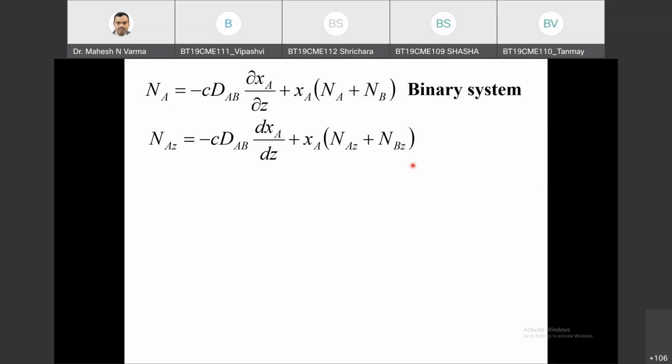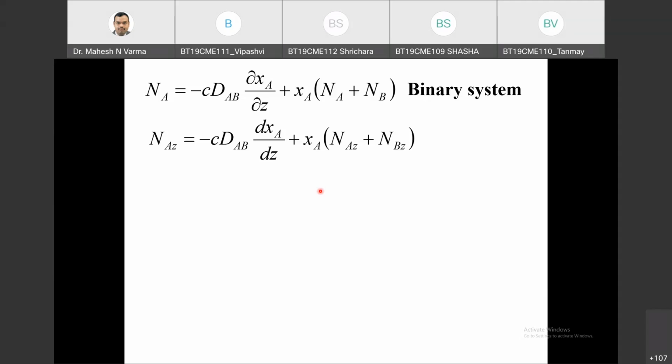NBZ equals minus 1 by 2 of NAZ, because two molecules of A are coming in and one molecule of B is going in the negative direction. So if 20 molecules of A per unit area per second are coming to the surface of the catalyst, per square meter per second,